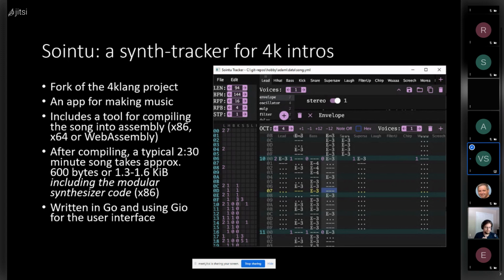I said 4K intros. 4K intros means that the total file size of the programs this is intended for is 4 kilobytes, like 4096 bytes. And of that, you can't expect to use all of it for audio. So the audio typically has something like 1.3 to 1.6 kilobytes reserved for the audio side of things. After compiling, you can typically expect a 2.5-minute song to take approximately 600 bytes, and that would be only the song data. But if you also include all the synthesizer code, then the total will be around 1.3 to 1.6 kilobytes